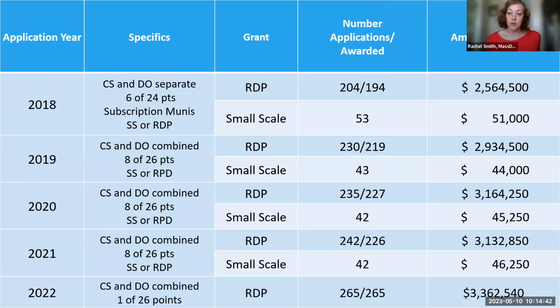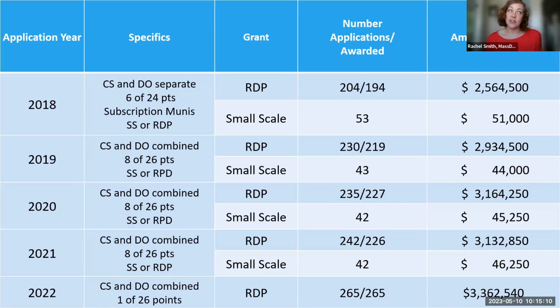Similarly, this slide shows the most recent 5 years of grants, and you can see we have steadily increased our funding. More importantly, though, is the 2022 data. Last year was the first year that municipalities could get into the RDP grant program by earning 1 single point. The change was huge for dozens of municipalities that had never even sought this grant before because maybe they didn't want to put in the effort for a grant that they weren't likely to get.